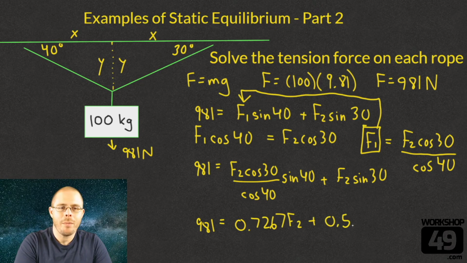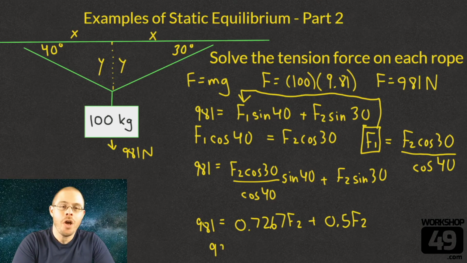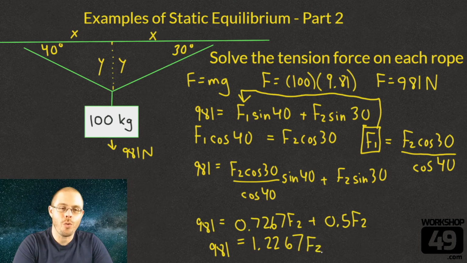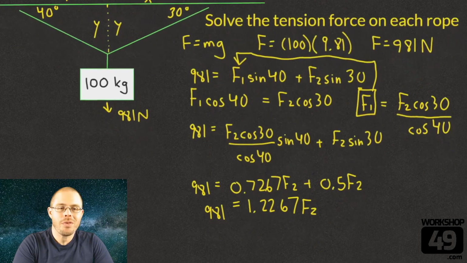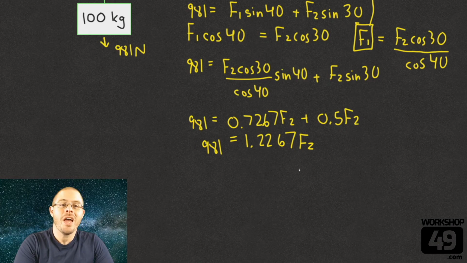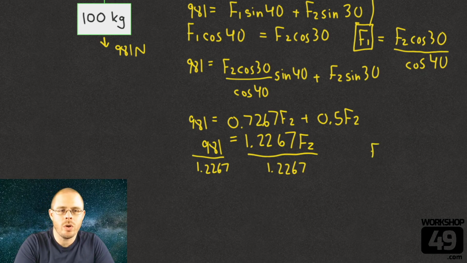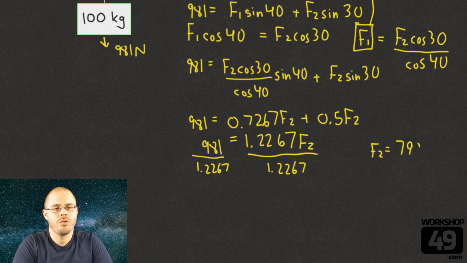0.7267 force 2 plus 0.5 force 2. If you got this far, you got this made now. Those add together very nicely to give us 981 equals 1.2267 force 2. To get that F2, we divide both sides by 1.2267. And this should give us our force 2. We chug this into the calculator, and we are left with a force 2 of